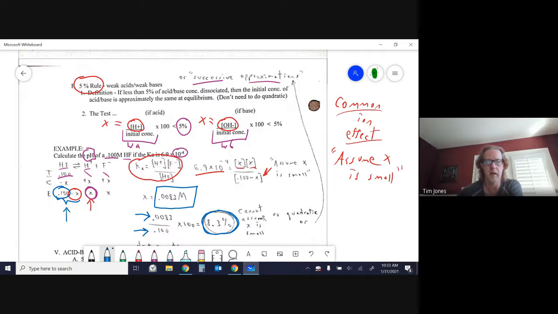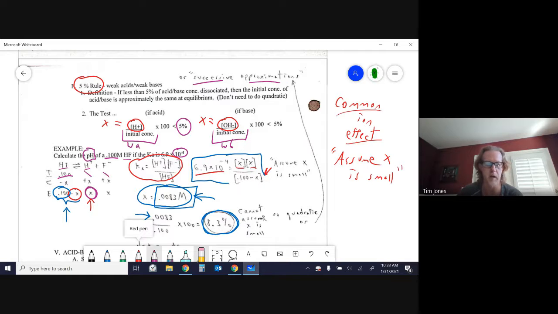So you can go back. You could use this equation with the minus X and do the quadratic formula. Or, like I mentioned, the technique of successive approximation works like this. You go ahead and assume X is small here, and so get rid of this. Solve for X. And then you redo your calculation with this value of X where you had minus X. So up here,